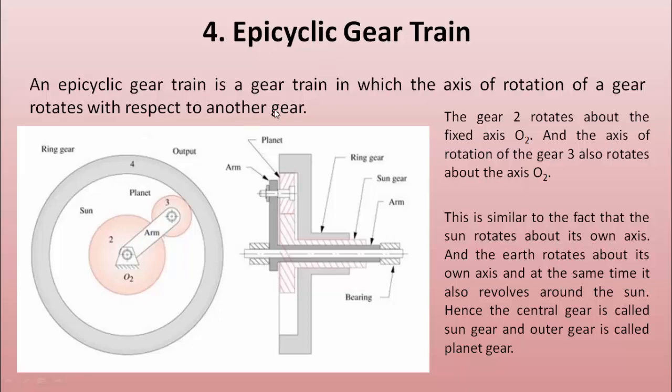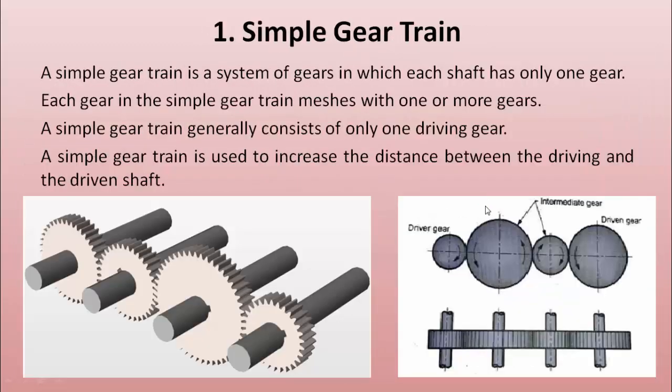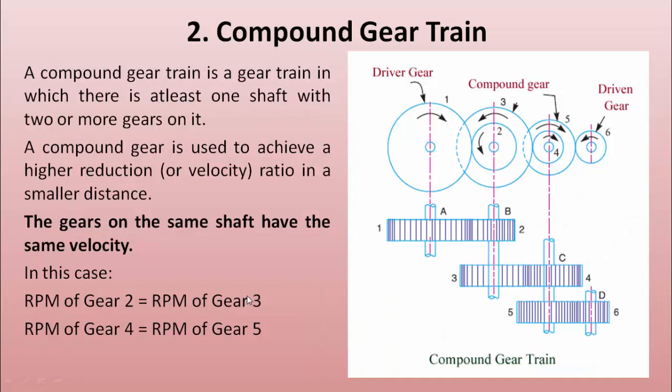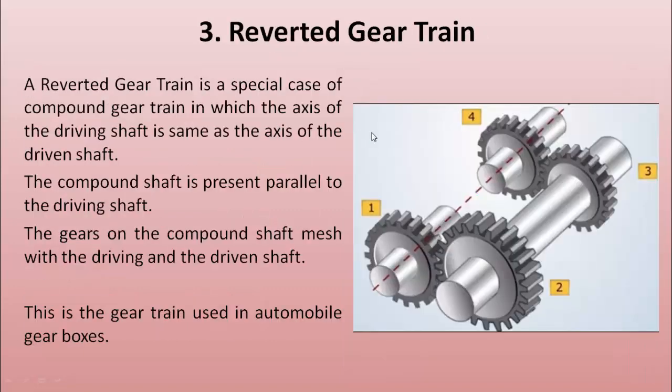In all the gear trains that we saw until now, the gears and the shaft on which the gear was placed were stationary. These shafts were not able to move. They were only able to rotate. So in normal gears, in the simple, compound and reverted gear trains, the shafts are not able to move in the XY axis. They are only able to rotate.